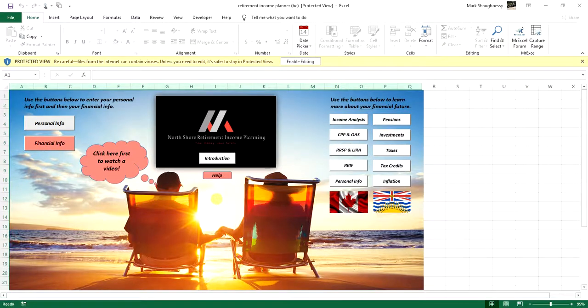When can I retire? When should I start my CPP? These are two of the most common questions that I've heard over the years leading up to my own retirement. Welcome to the Canadian Retirement Income Planner, which might just be exactly what you need to answer these two very